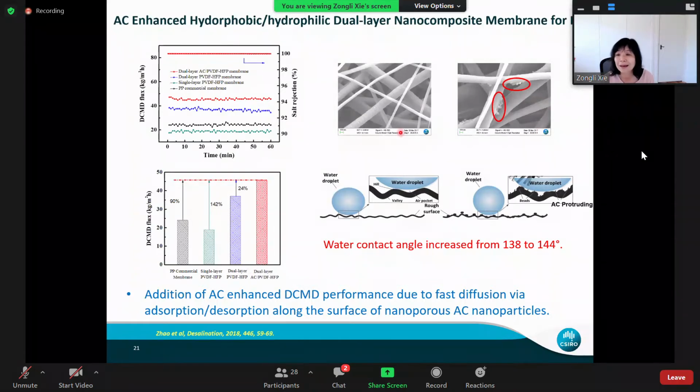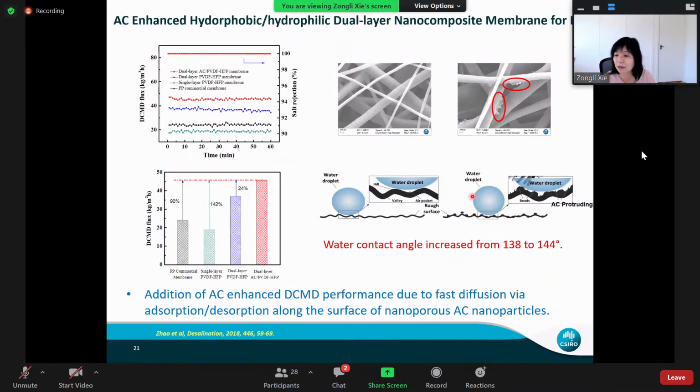And then to further improve them, because we know nanofillers can have some enhancing effect, we also added some active carbon. We add the nanofiller into this mixed matrix membrane. What we found when adding the active carbon, and you can see in this nanofiber, is the morphology change, because we have some protrusions, those spikes. That protrusion of active carbon actually helps to improve the surface roughness, and